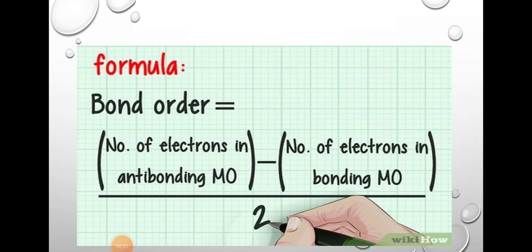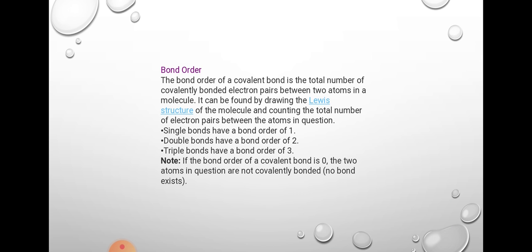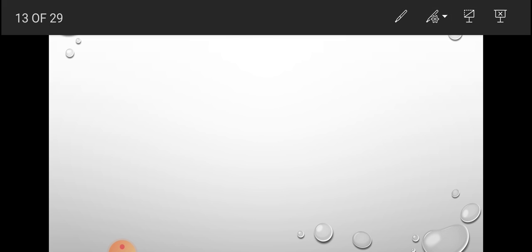Hello dear students, let's move on to the next topic, and this is a very important topic, as the whole molecular orbital theory is important. Let's start with bond order. What is bond order? It is equal to one half of the difference in electrons present in the bonding and anti-bonding molecular orbitals. Simply we can write the formula as bond order is equal to